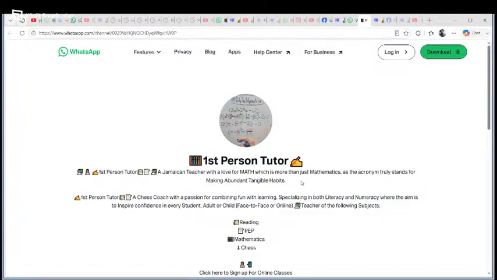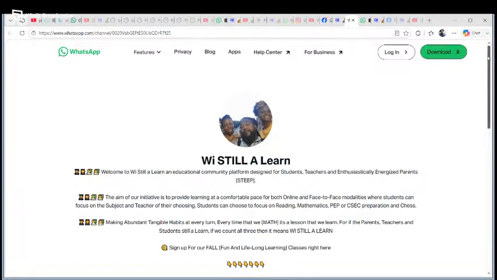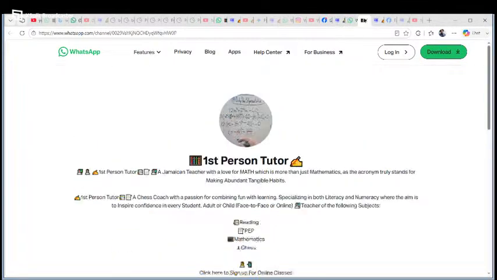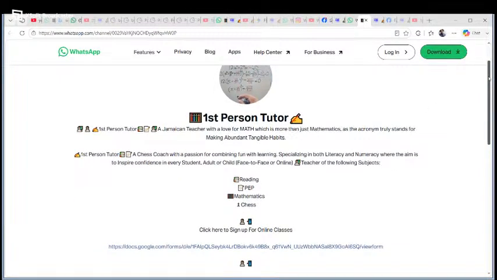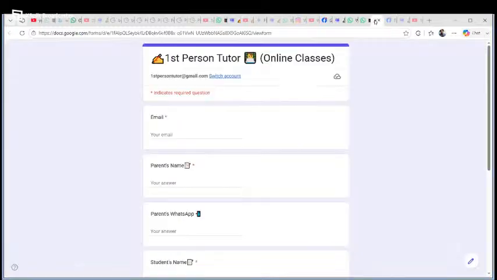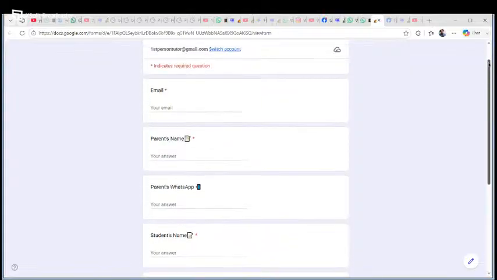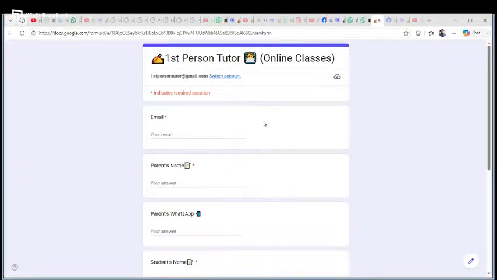You can peruse First Person Tutor, right? So if you're interested in signing up the form, that's the form. And also, you have the access to the form from the original thing that you are filling out. And here you are.